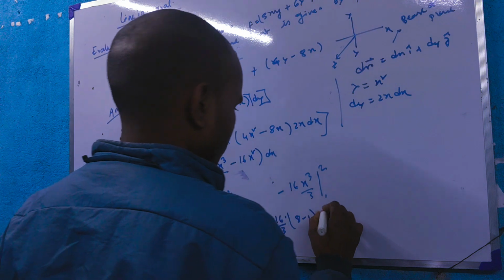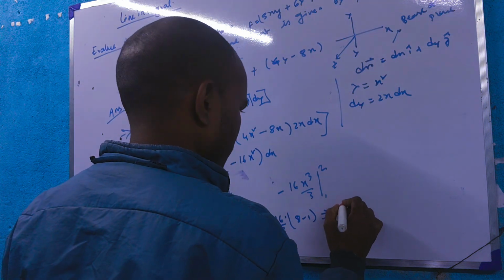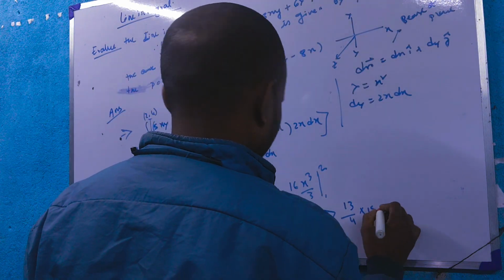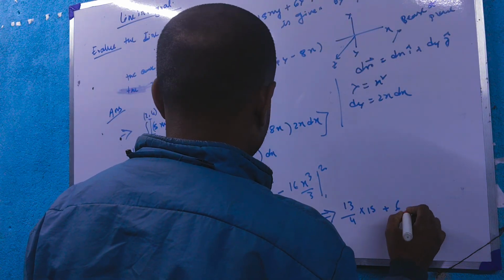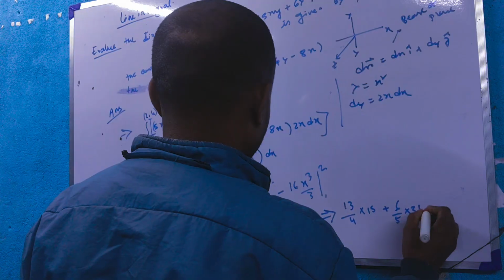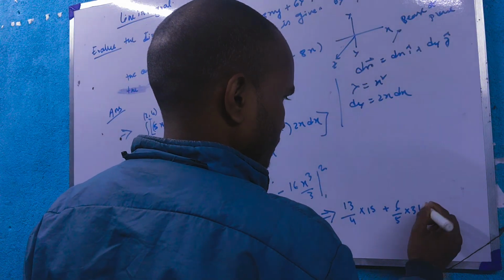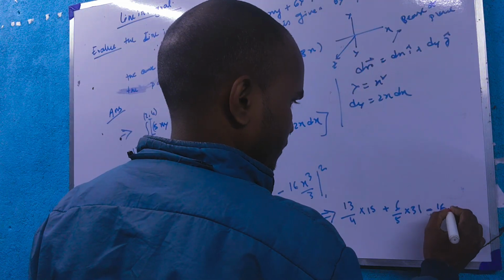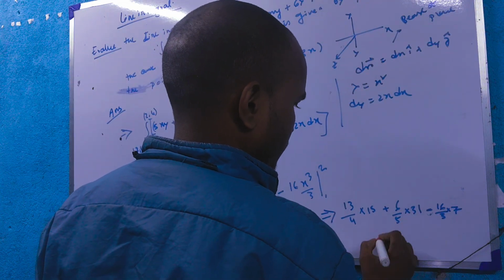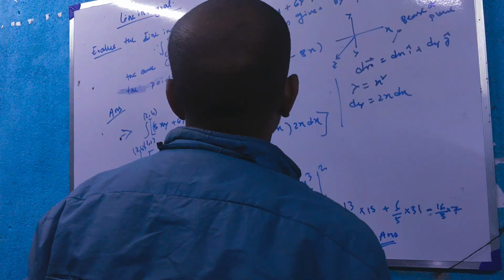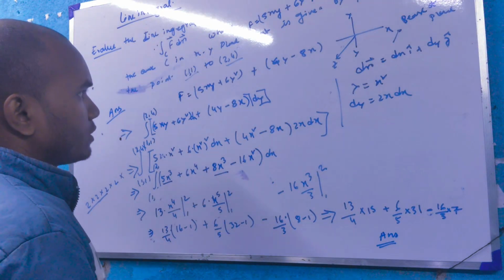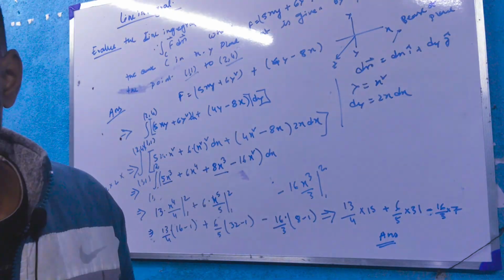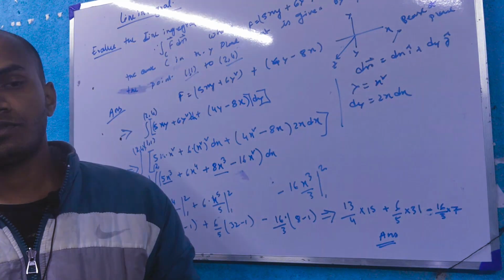So the ultimate answer will be 13 by 4 into 15 plus 6 by 5 into 31 minus 16 by 3 into 7. So this will be the result, the value of the line integral. I hope from this lecture you learned